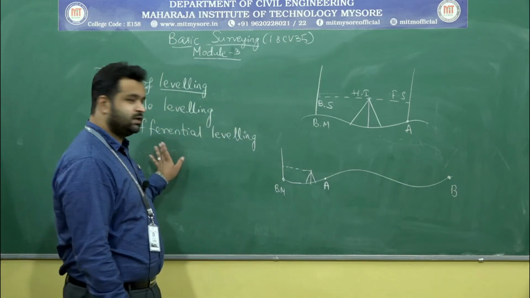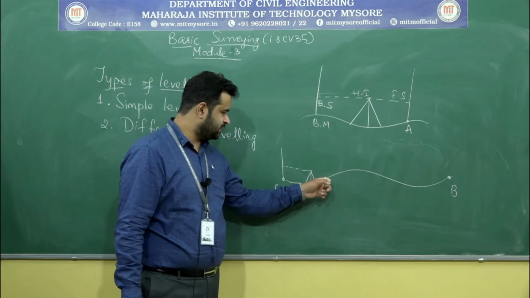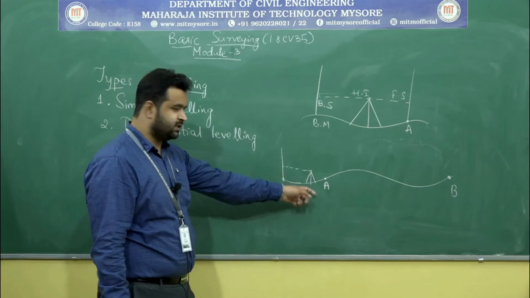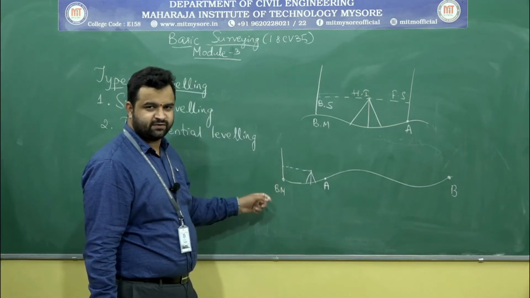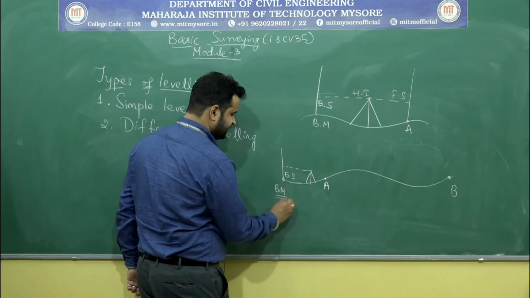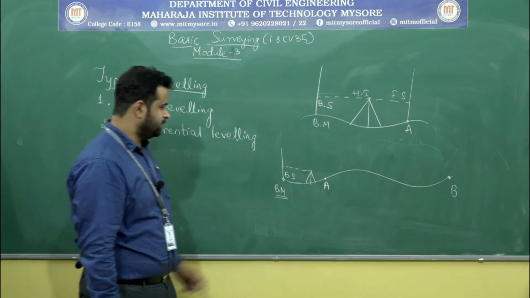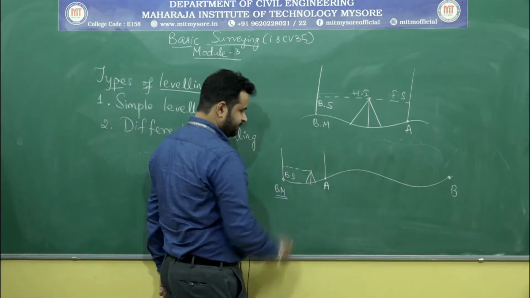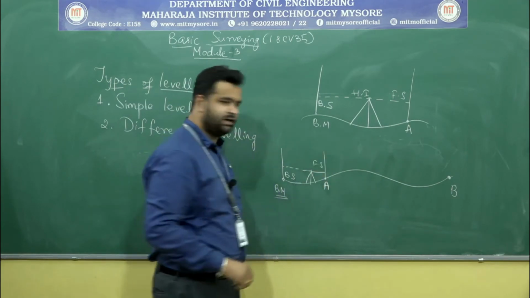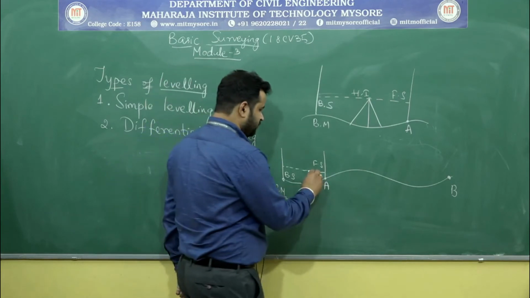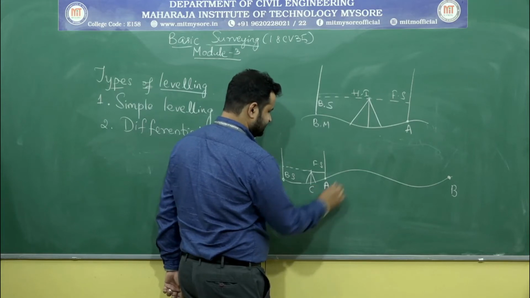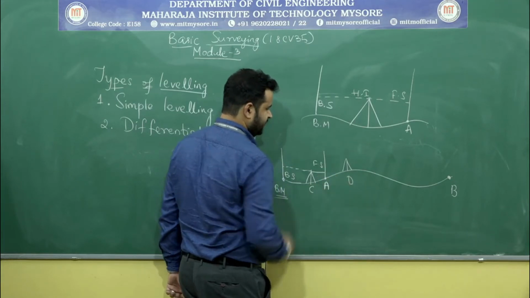So in differential leveling, say you are asked to determine the difference in elevation between point A and point B. So what you do? You will set an instrument at one point and taking the benchmark as reference, you will take a backsight, right? The elevation of this benchmark is known. Then you will keep the staff at A and record its foresight reading, right? Next, you will shift the instrument to, say, let this point be C, the new point D.